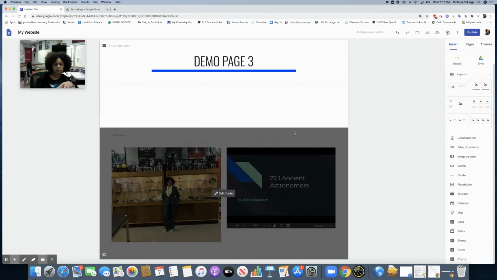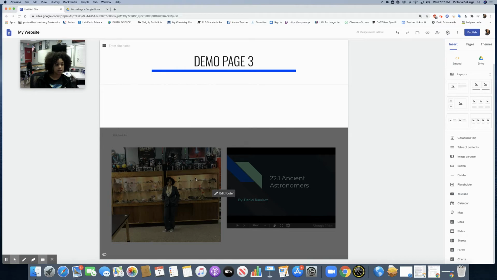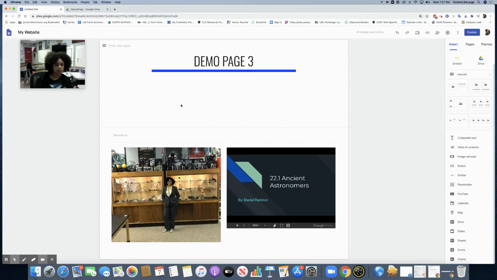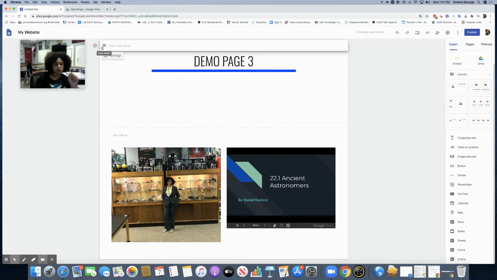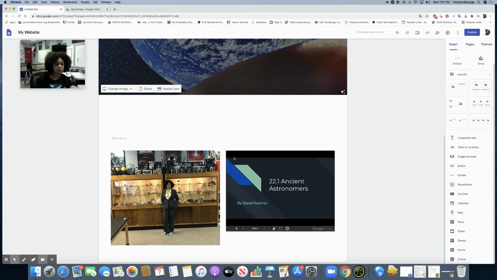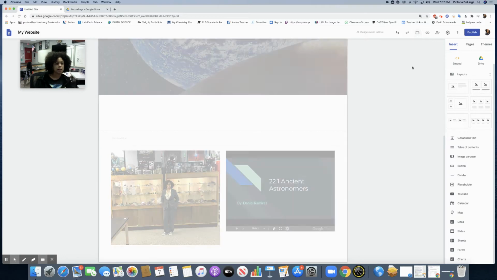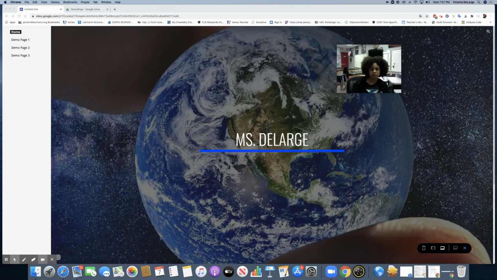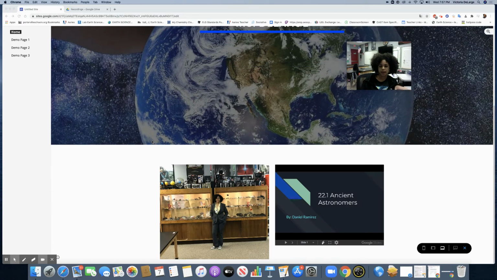Well, if I come out, see how the footer is gray and the rest of the page is white? That's the difference between your regular page and your footer. Now, let me show you. If I click on my home page, those items are repeating in my footer. And actually, let me preview the page and you can see the whole thing. We're in my preview. So on my home page, if I scroll down, those 2 items are on my page,